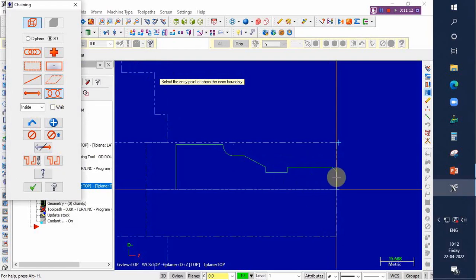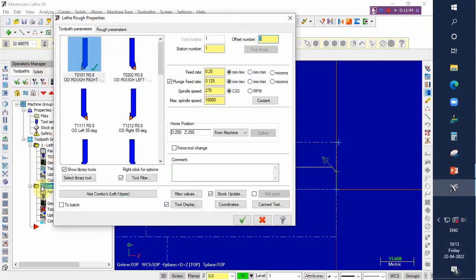Say in the CNC, P and Q we know, starting block number and end block number. Nearby, just click the mouse, we will get an arrow mark. If you want to change the direction, just click here. Now the arrow mark is going up. So this is the way to select, and finally we need to select this point also. So this whole contour we are doing the turning cycle. That is the meaning. Starting will be green, end will be red, and then give it OK, and then go